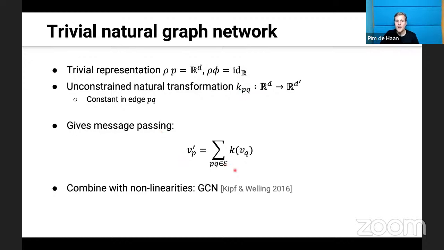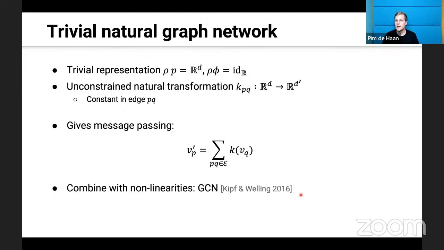This gives us a message passing where the output at a node P is the aggregation of all the edges that end at P, where you apply the message passing map on the neighbor Q. So we apply this function, then do some aggregation of the outputs, and this is the new feature at output P. And if you combine this with nonlinearities, then we get graph convolutional networks. So this is the very kind of trivial case whereby we